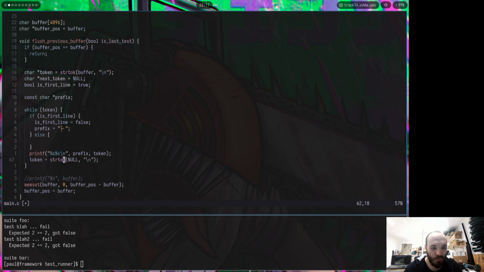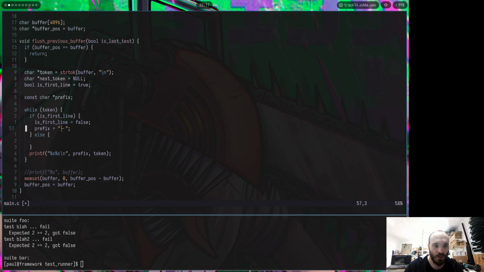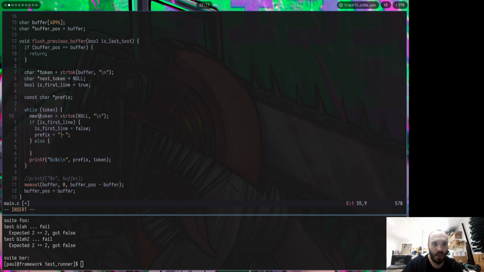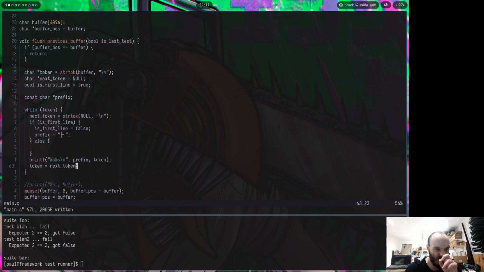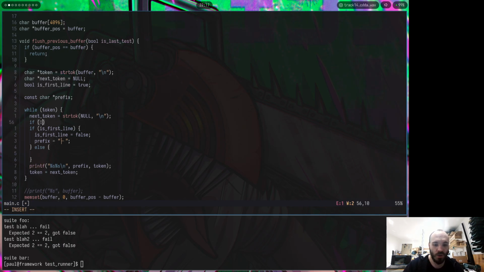And actually, I need to literally go here and do this, which is going to be next token. And at the end, I say token equals next token. So now at the top of the loop, I know immediately that if it's null, I know I'm at the last thing. So here I can say if next token is null,